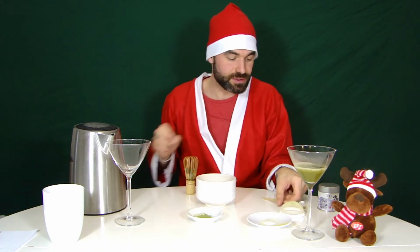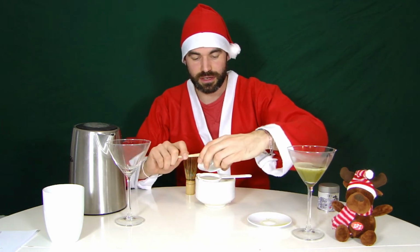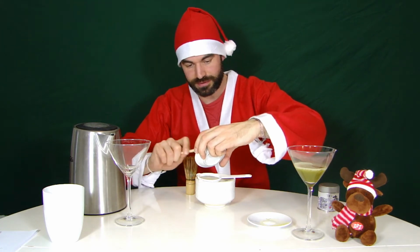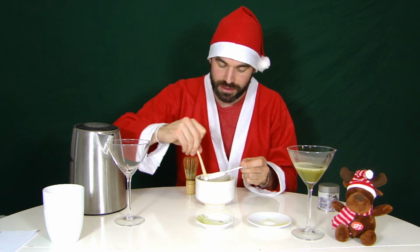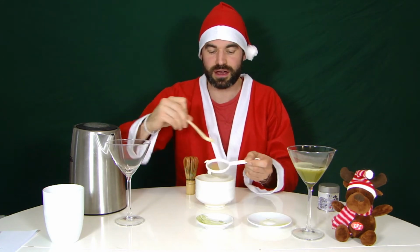Now let's dig into this one here. So we do the same, just kind of half a coffee spoon, around 1 gram of matcha. You use 1.5 grams maybe, so you don't need a lot of matcha. You just put it through